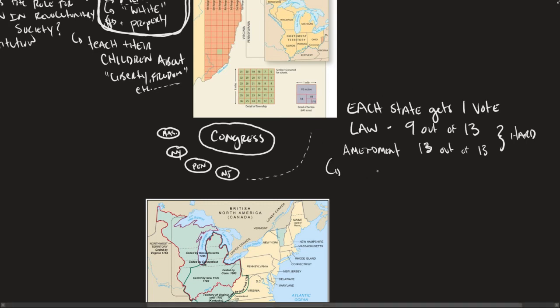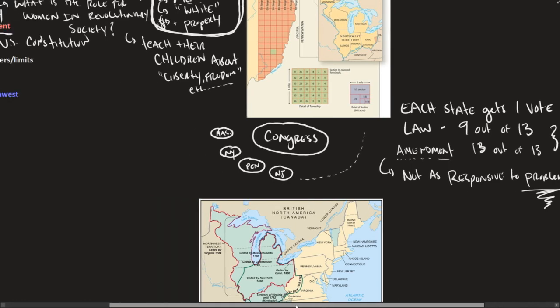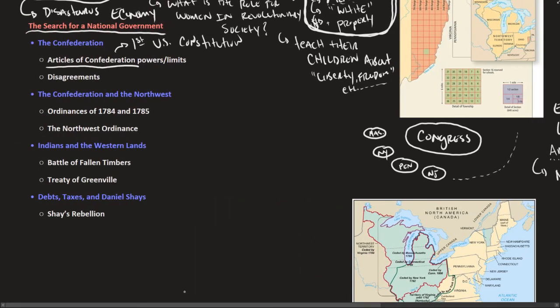It also meant that it wouldn't be as responsive to problems, right? And that would end up being an issue, especially if there was some sort of amendment that was required. And it was these problems that really plague this Confederation period, because this Confederation government